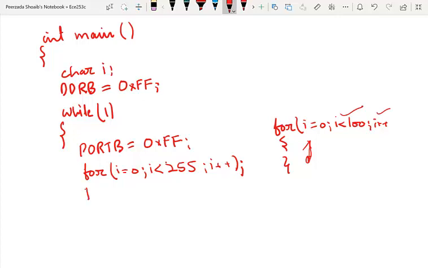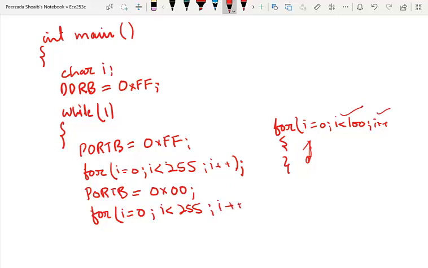What will be the next instruction? Again, I will be turning off the LEDs connected to port B. Again, I will be writing this for loop. Again, I will be assigning 0 to it, i less than 255, i plus plus, and closing the while loop and closing the main function. So this is one way I can incorporate delays, because this for loop will run 255 times, and